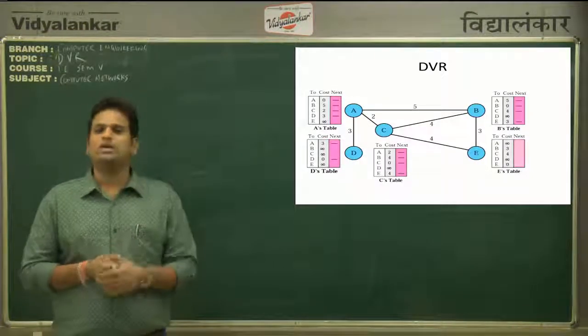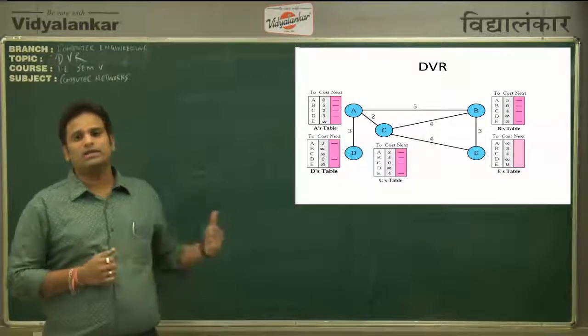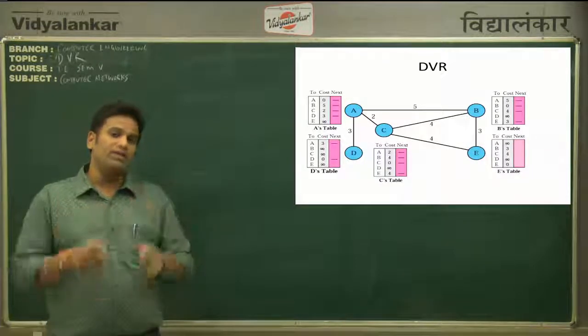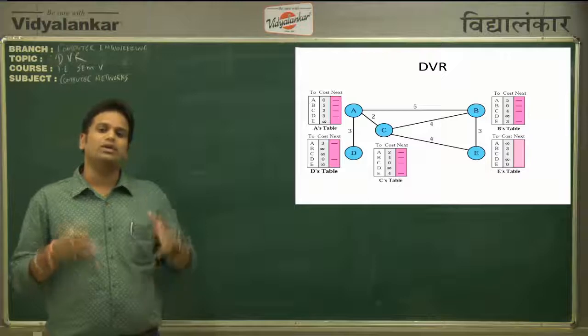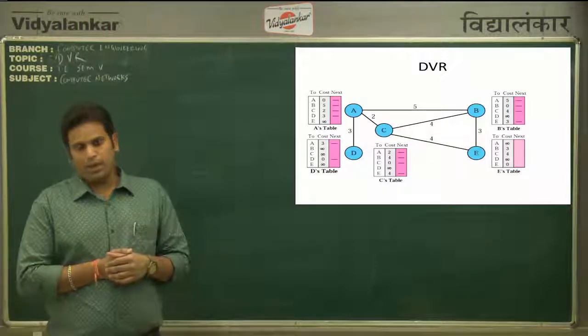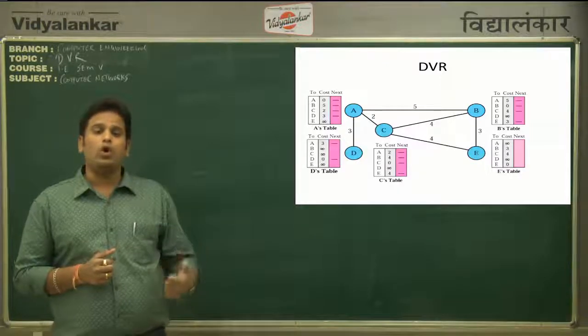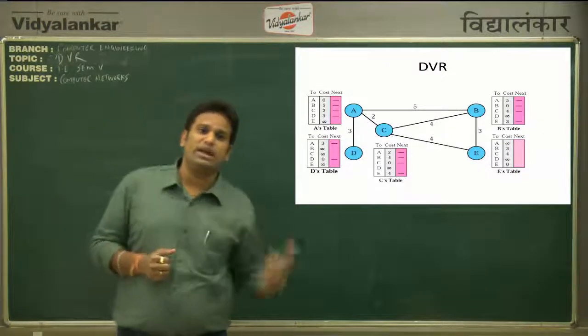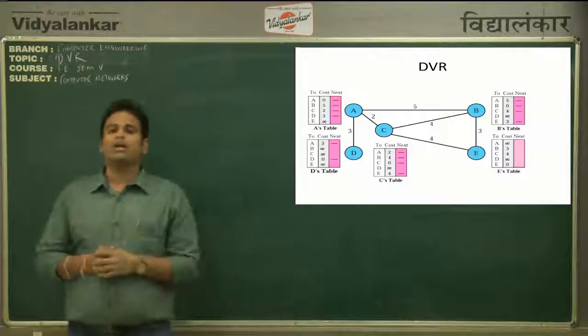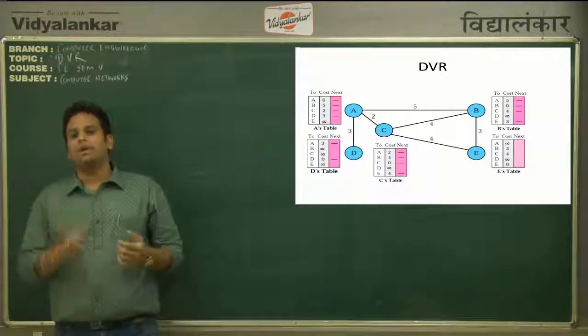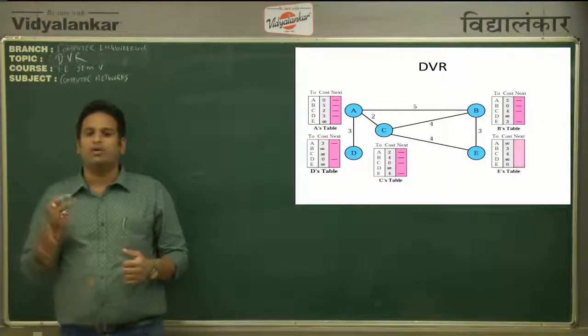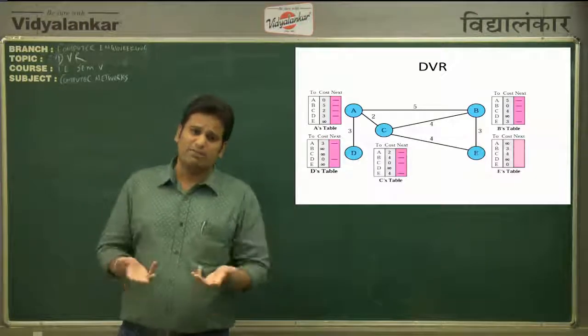The first step is known as initialization, where as you can see there are 5 sets of routers. Every router will create its own routing table. Now every router will have entry of those router to which it is directly connected. So if you can see routing table of A, it will have entry for B, it will have entry for C, it will have entry for D, it will have entry for A itself, that is the cost would be